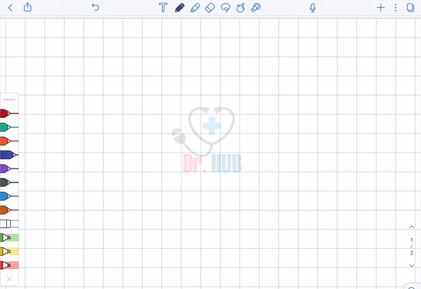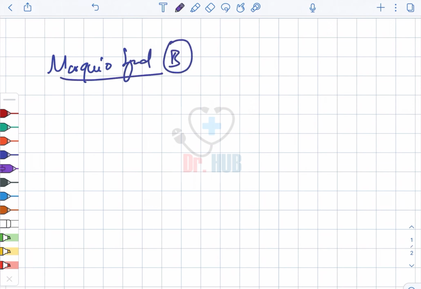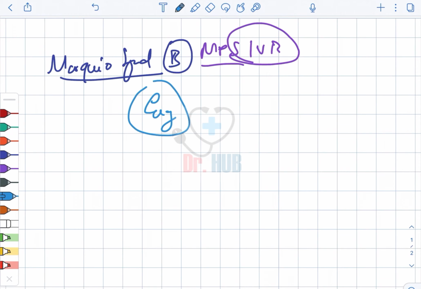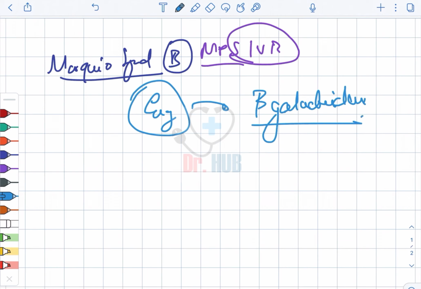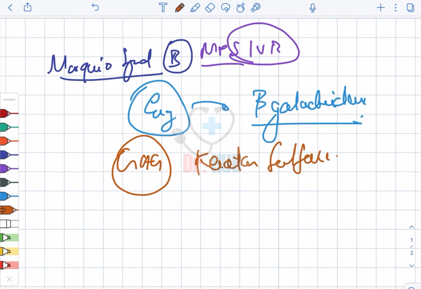Next, we are looking at Morquio syndrome B. Here the MPS involved is MPS 4B, and the enzyme which is defective is beta galactosidase. Then, what is the GAG which is affected? The GAG which is affected is keratan sulfate, and the symptoms are similar to 4A, that is,